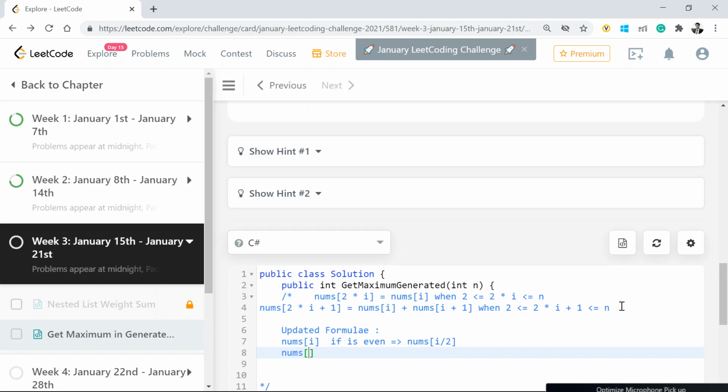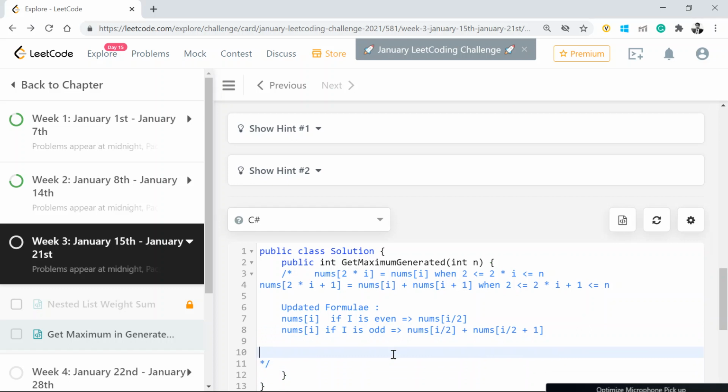Nums of i, if i is odd, then it is equal to nums of i by 2 plus nums of i by 2 plus 1. Now with this updated formula, things become very easy for us.